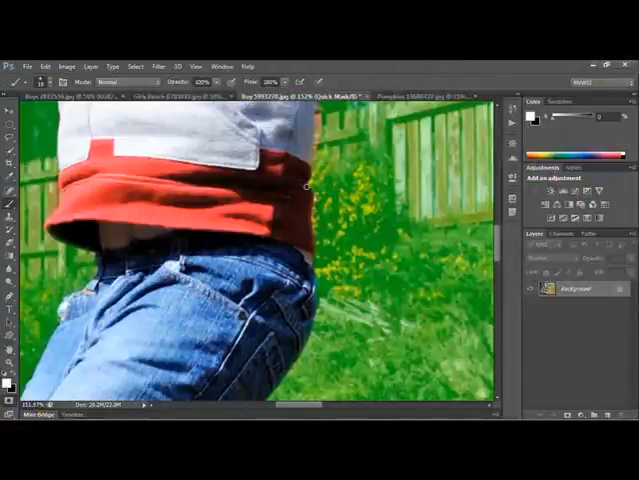So I'm going to switch using the X to switch to black. And then I'm going to make my brush a little bit smaller so that I can hide that corner area. And then switch back. Whoops. Try that again. Press X to switch back, and it can be kind of a nice methodical